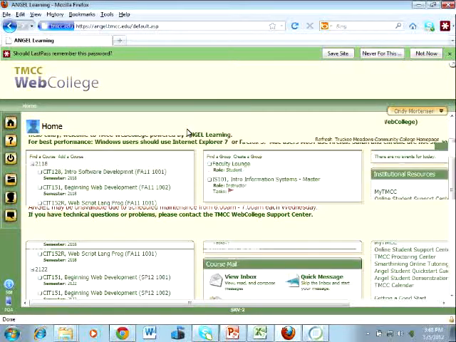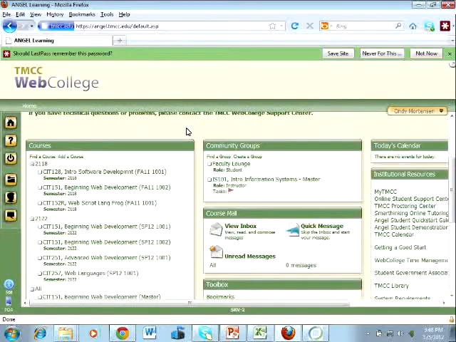Okay, so in here you can see I've got courses up already for the spring semester, and my winter class is the beginning web development class. Last semester we had reduced enrollment. It just turned out to be a huge registration glitch that is not going to occur again this semester. And these were rolled in here. I had an interesting scenario of having half of my class really be online students and the other half being in class.